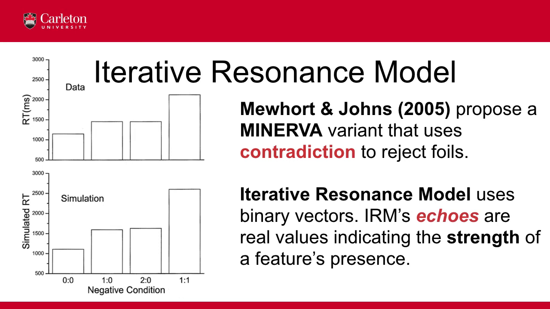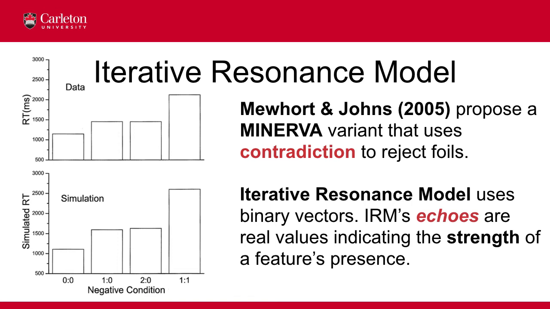To account for performance on the task, Mewhort and Johns propose a variant of Minerva, the iterative resonance model, which incorporates a contradiction mechanism into the model's decisions. Introducing a contradiction mechanism allows IRM to make accurate response time predictions for the foils. IRM does not address Minerva 2's failure on the fan effect task. Adding a contradiction mechanism provides a means of modeling response times for foils, but does not fix response time predictions for the targets. However, an analysis of the vector algebra of IRM reveals a possible solution to Minerva's problem with